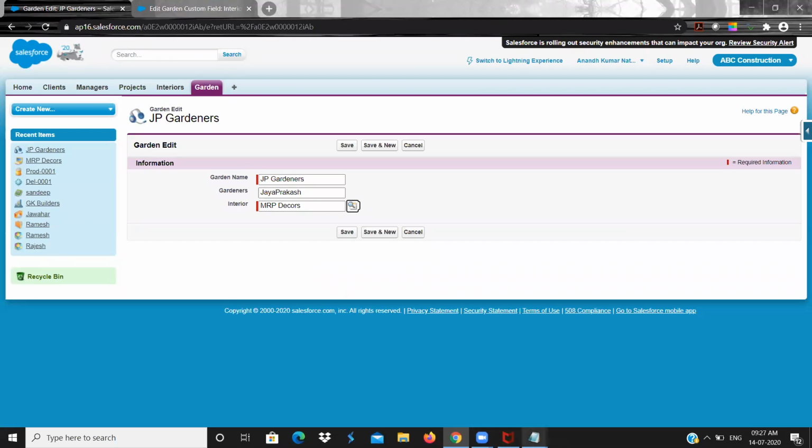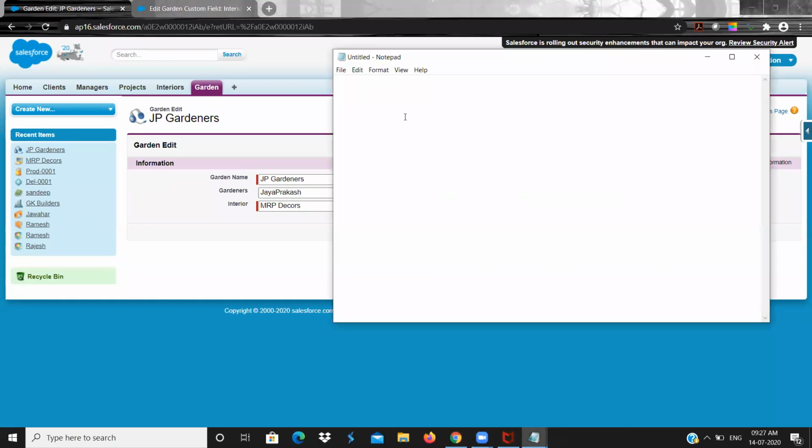For example, consider I have ICICI Bank, and it is the primary bank. How do you decide it is primary? You have a checkbox in the account object, that checkbox is primary, so you checked it.